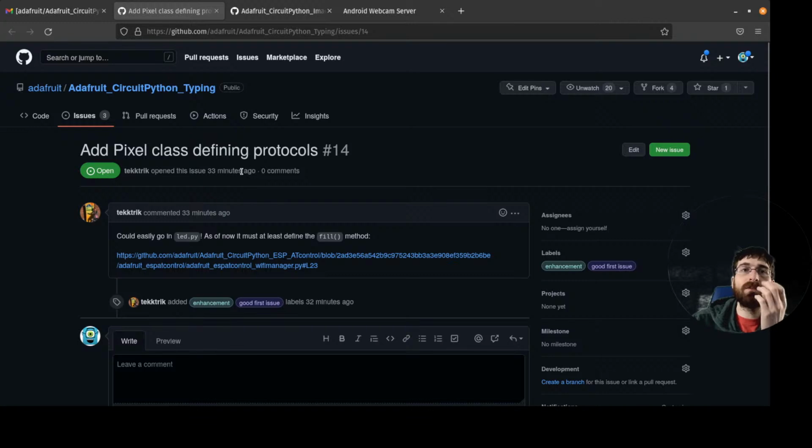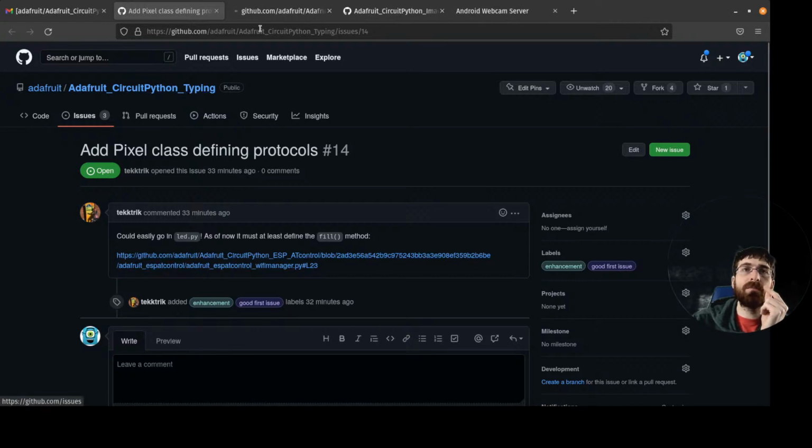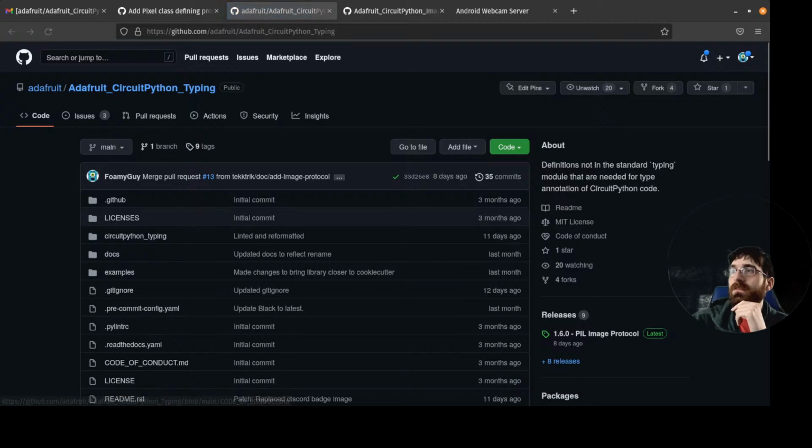Does this one easily go in LED? Did this one end up already existing, or?